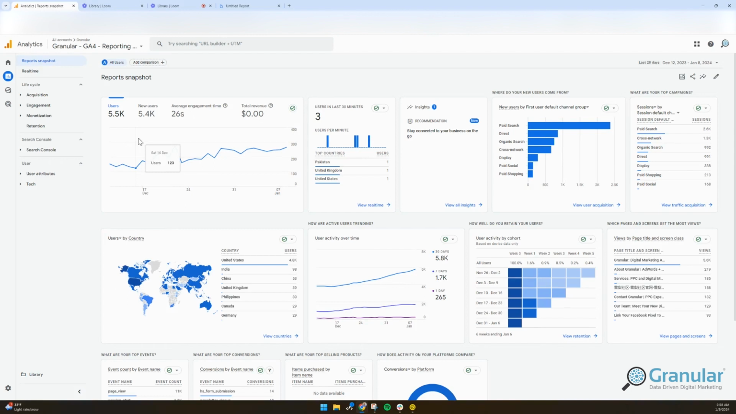I wanted to show you one of the great ways that you can build reporting within GA4 that makes it really easy for you to make sense of a lot of the data and have one central place to look at it. So once you're within your GA4 property and you go to Reports, you can go to Report Snapshot. If you go here and you go Customize Report,